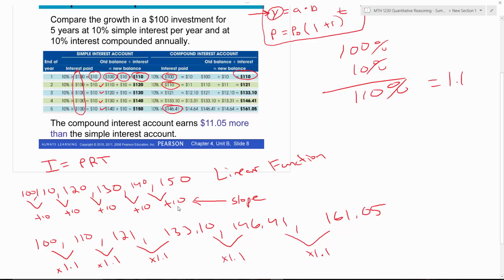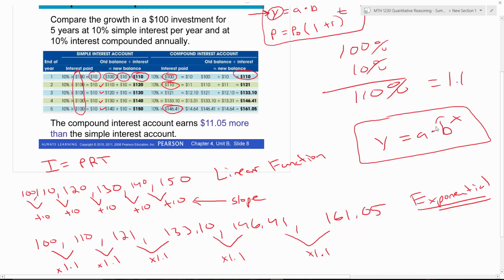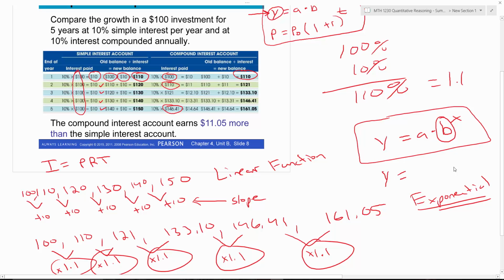When I'm adding a constant number each time, I get a linear function. But when I multiply a value each time, this is exponential. So remember, exponential looks like this: y equals a times b to the x. In this equation, my b value would be what I'm multiplying by each time, so the 1.1. So we would have y equals, and I would have 1.1 to the x. And then the a value, this is your initial value,